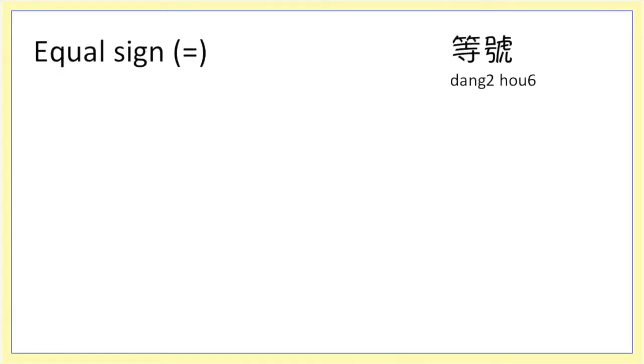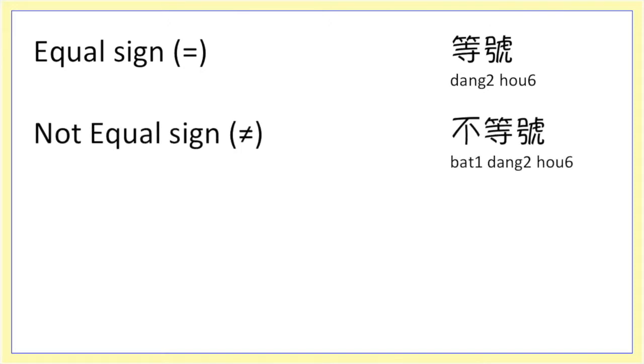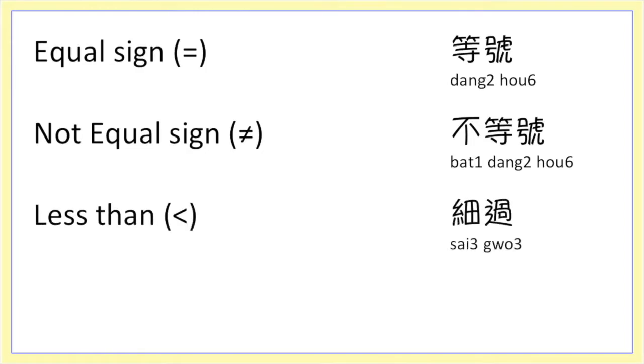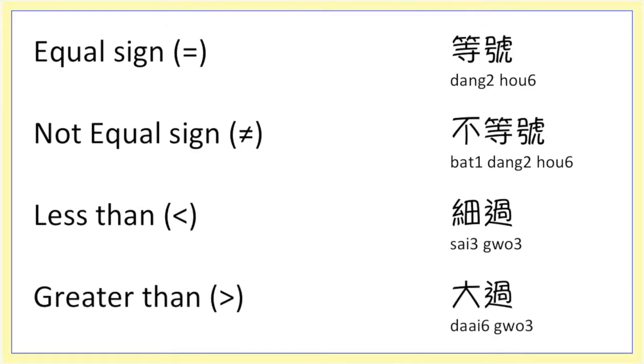Equal sign. We say 等號。Not equal sign. We say 不等號。Less than. We say 細過。Greater than. We say 大過。